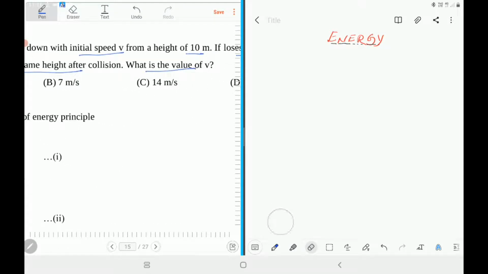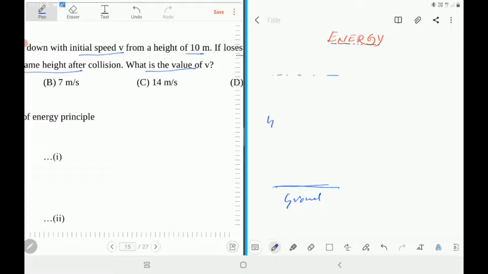You think like this. In this problem, there is the ground. You are dropping the ball from a certain height. Let us suppose this height is h, from this level. When it is dropped, it is not from initial velocity 0, but with velocity v. That is the thing that you have to notice. It is dropped with a velocity v, as given in the problem, from a height. While hitting the ground, it possesses some velocity v dash.